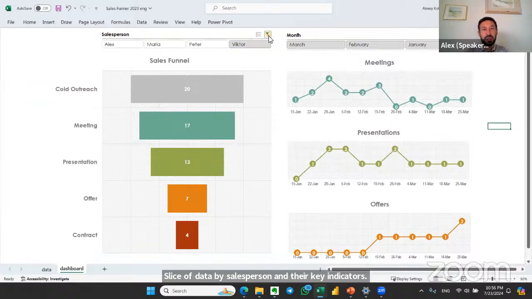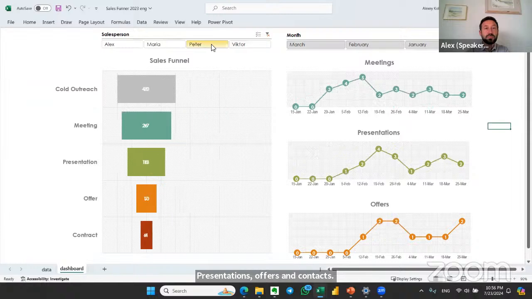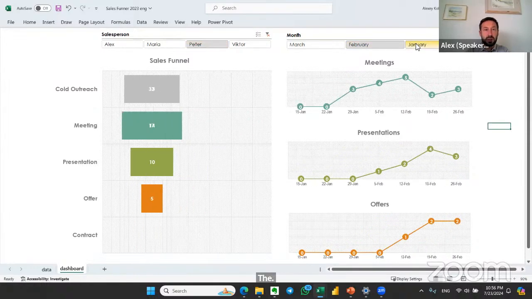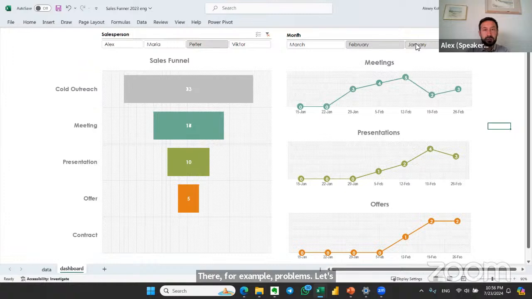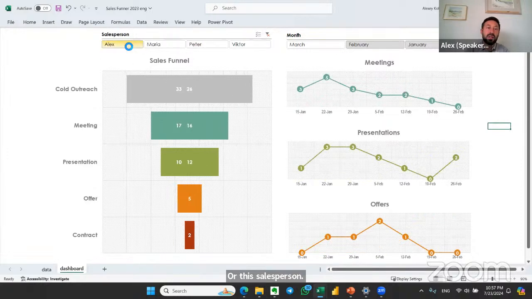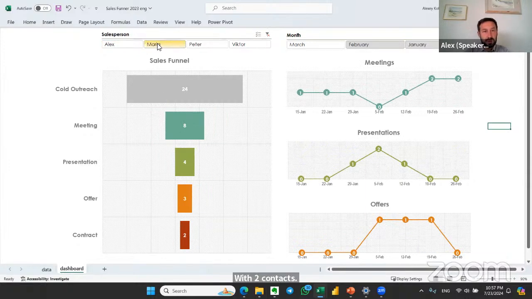And they analyzed, for example, their problems. Let's look at this sales funnel. For this salesperson, we can see a well-balanced sales funnel with 2 contacts, but for another salesperson, Maria, we can see the difference.